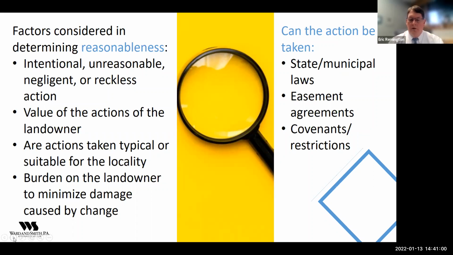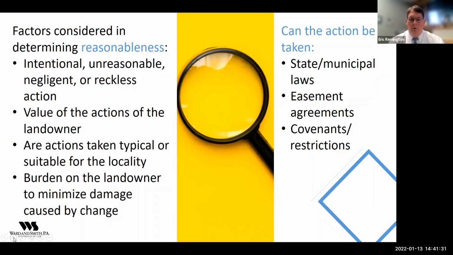So if there's a way to construct a pond in 2 ways and a drainage system in 2 ways, and one way is going to result in more runoff to the neighbor, and the other one's going to result in less, then the court's going to look at that and say, well, you probably should have put in the lesser damage one. So the action that can be taken, like Amy said, also depends on state and municipal laws, what governs that piece of property.